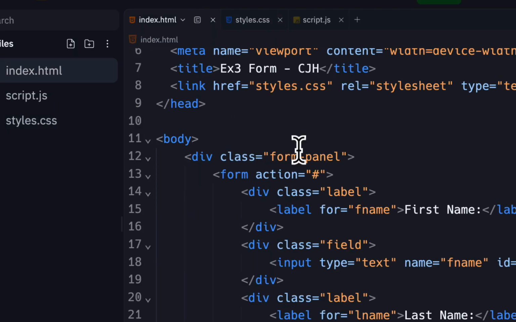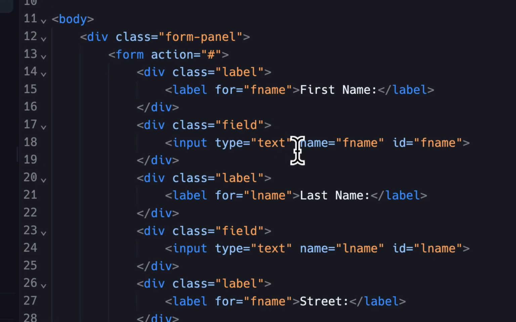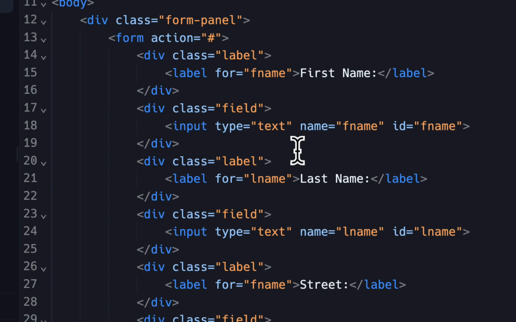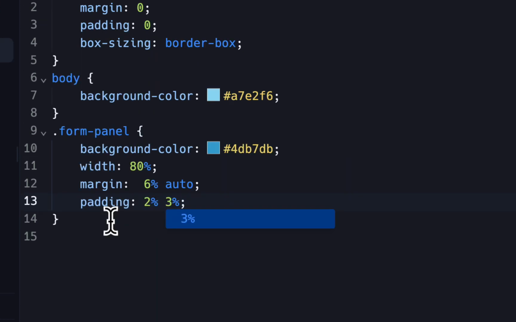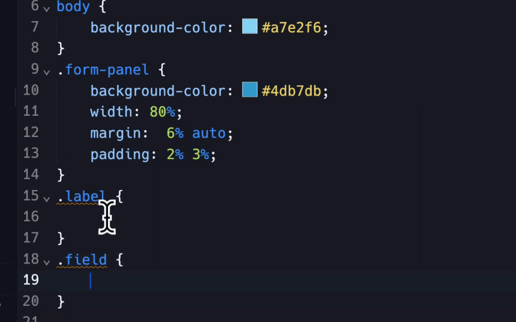Let's target our label and field classes. Now we have a field class, label class, field class, label class. And our label one will be shorter. So let's put some widths in there and adjust them. So we'll go here and put a label class, and then I'll put a field class. And let's try putting a width of label at like 20% and see what happens,